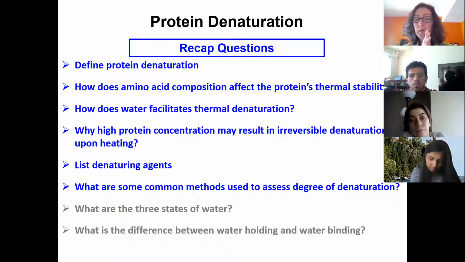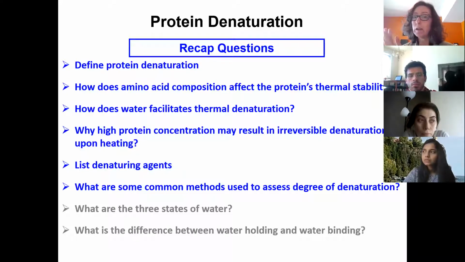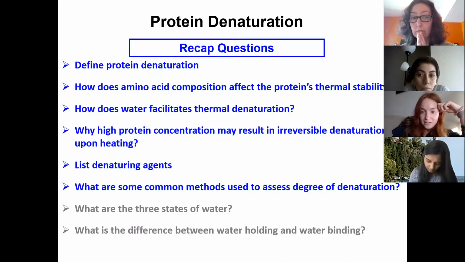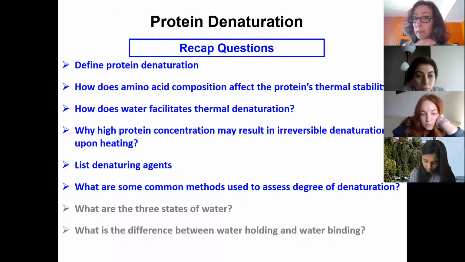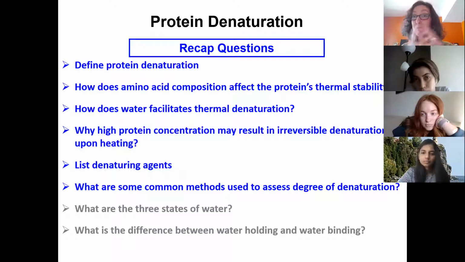Can you think of denaturing agents and how they could denature? So think of one and how. An enzyme like rennet, which cleaves the casein and denatures it so that it coagulates. Yes, absolutely. So enzymes. We'll learn more about how kappa casein is broken by the enzyme later on when we cover dairy proteins. But yeah, the glycomacropeptide that stabilizes the casein micelle gets hydrolyzed by chymosin, and then it breaks the whole stability of the system.